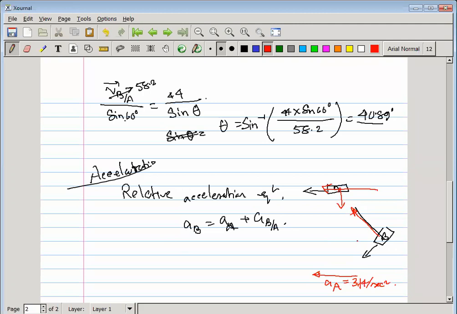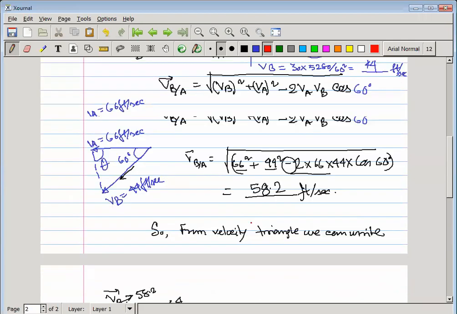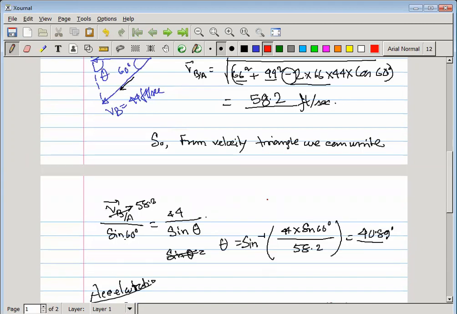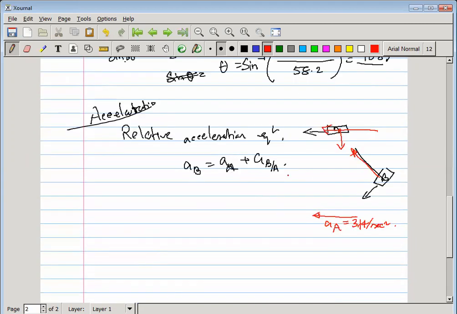As per the question, this car B will travel at a constant velocity of 30 miles per hour. In the question it is said that it travels with this constant velocity. So along this we cannot get any acceleration, it is zero, but along the normal component we can find the acceleration. So that's why we can write here that this is the perpendicular of that vehicle. This is our acceleration of B.